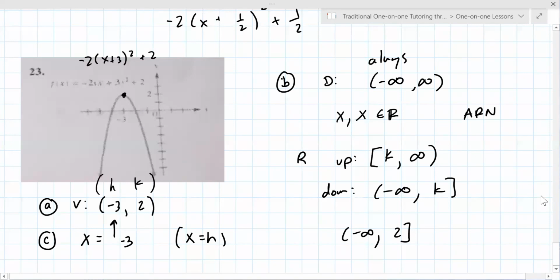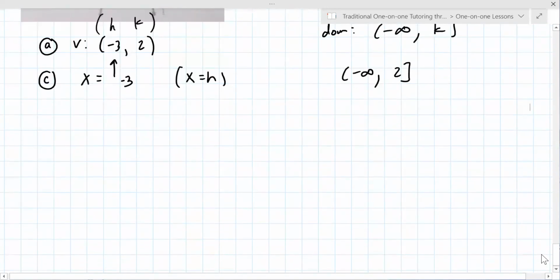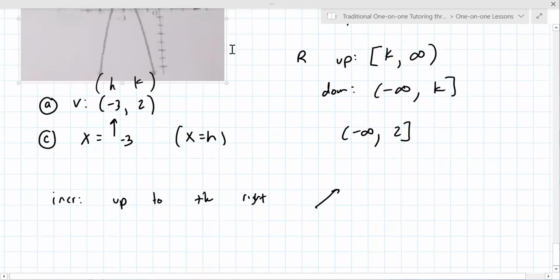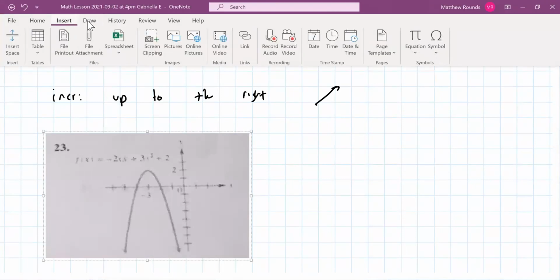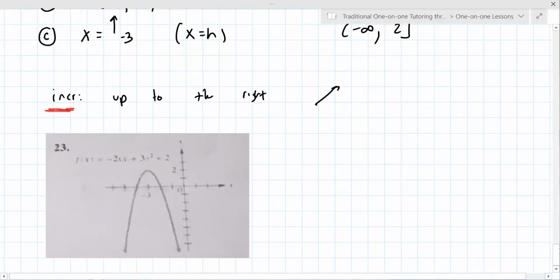Okay, so the next two are increasing and decreasing. It's actually kind of like the last one we did. It's increasing if it's going up and to the right. Now, I'm gonna copy this back in because I want to color in the graph here. I'm going to do this in red. Sorry for it being in red, but that's what it is. It's red here because it's going up and to the right. All right, so that's minus infinity to this x value here, minus 3,